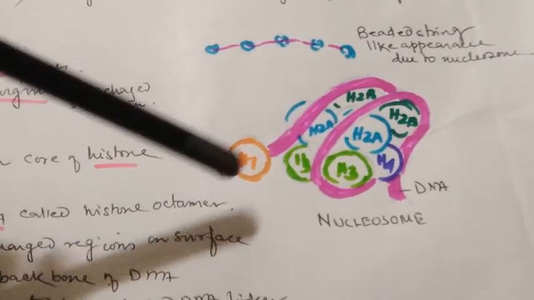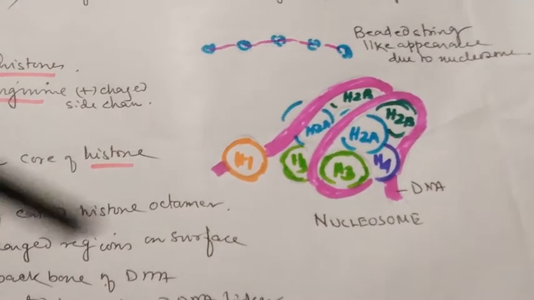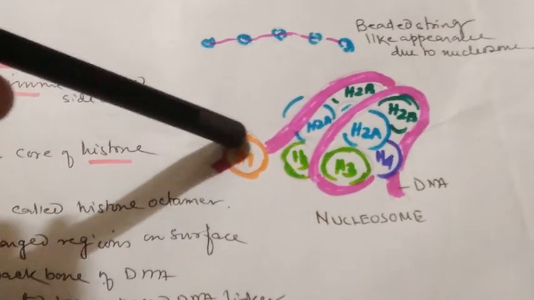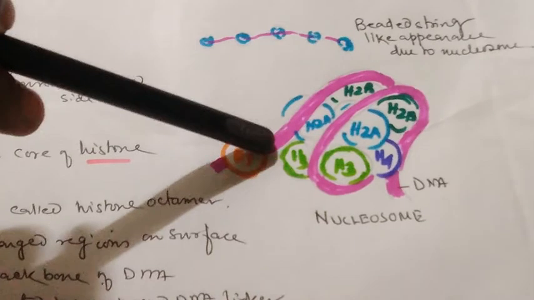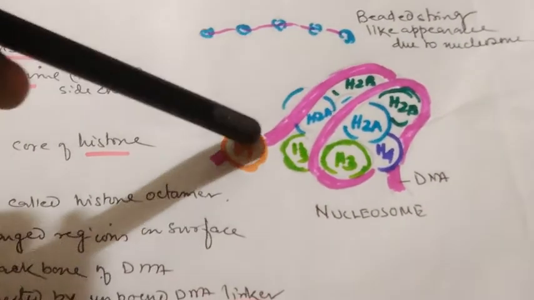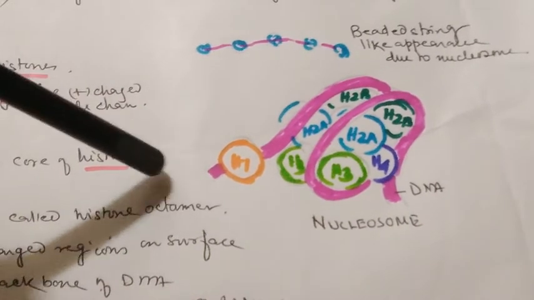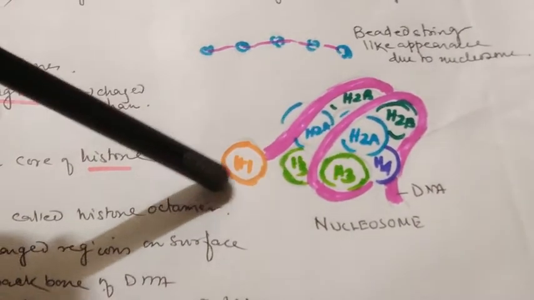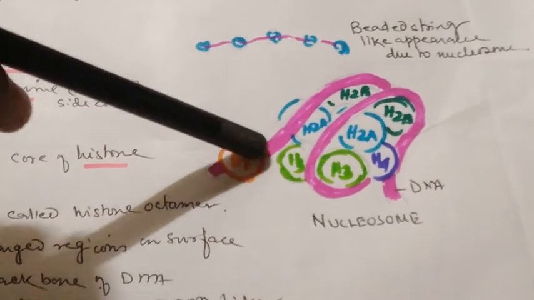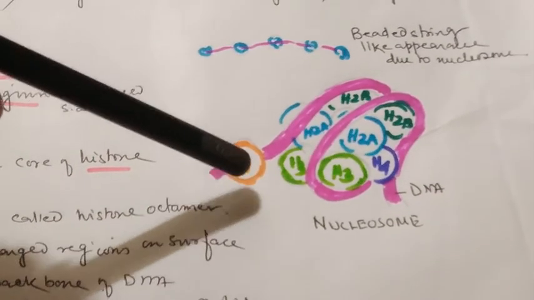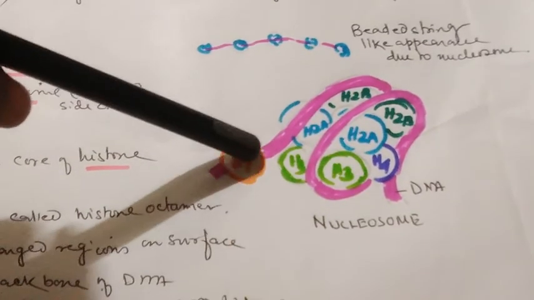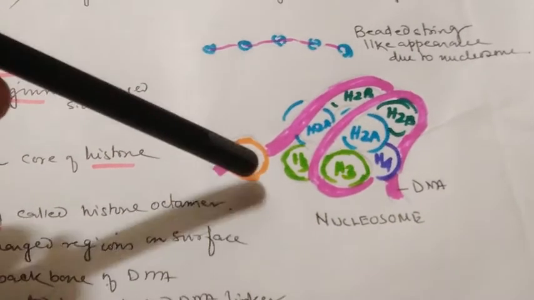Now the nucleosomes are there consecutively, and 2 nucleosomes are linked by a part called the linker. So this DNA thread links the other nucleosome. That particular structure is called the linker, which contains the DNA thread and another histone called H1. So the linker contains the DNA thread as well as another histone called H1. Clear? So that is unwrapped DNA.